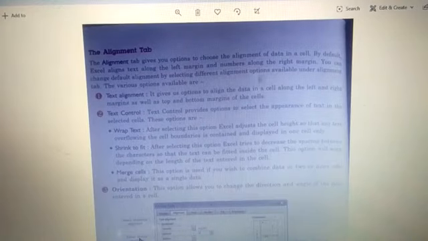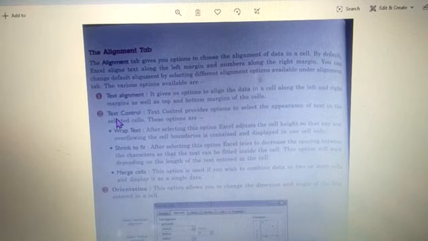So children, I've already shown you how you can change the alignment of the tab, right? But there are a few further options that you can use with this alignment tab. What does alignment do? It aligns your text towards the left, right margins, and in the middle, top, whichever you want. That is the first thing.